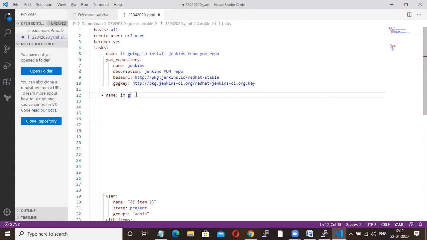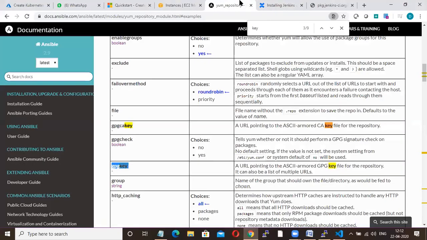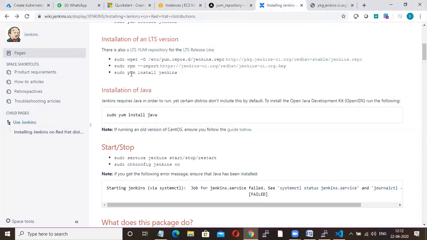Next, I am going to install Jenkins and Java. Correct? You have to install Jenkins and Java. Both are from which module? The yum module. Same yum module. Then state equals present.